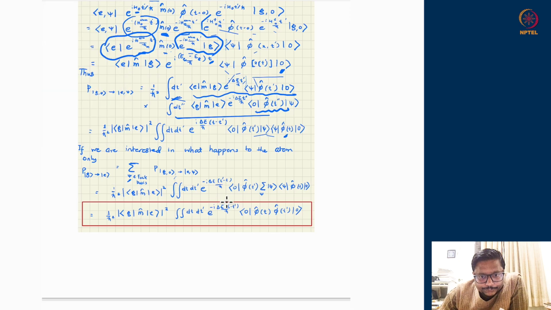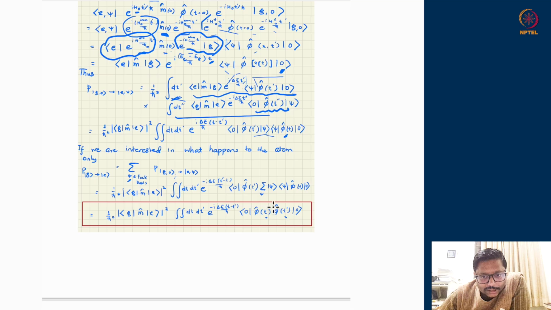Under that you can see that this just becomes e to the power minus iota (t minus t prime), because I'm going to call t prime as t and t as t prime. Phi at t prime becomes phi t, and phi at t becomes phi t prime. So you see, this is the correlator of phi at time t and phi at time t prime, which has appeared. When I summed over all the possible states of Fock basis where the field can land up, I end up getting the 2-point correlator of the field at time t and time t prime. And this t and t prime are running from initial time t naught to final time t.